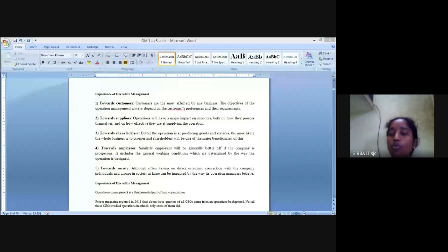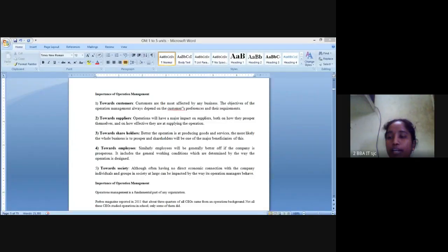Okay, next towards suppliers. Who are the suppliers for any organization? Those who provide raw material for an organization are called as